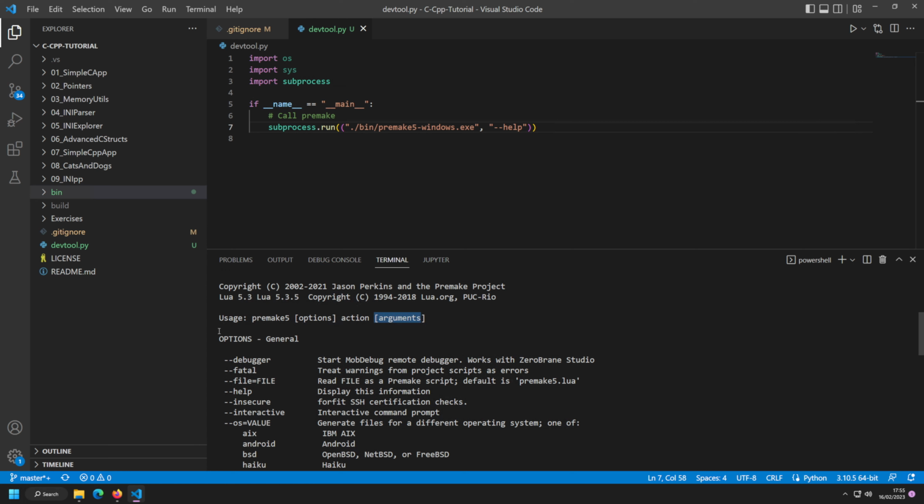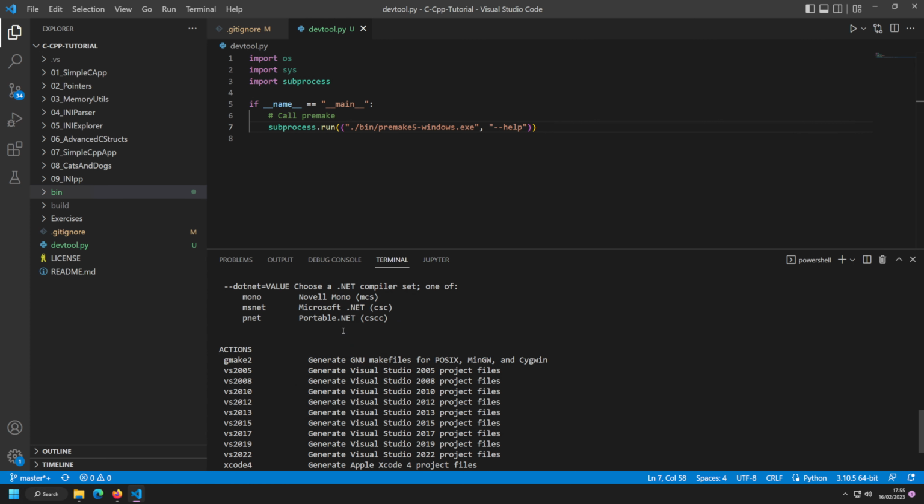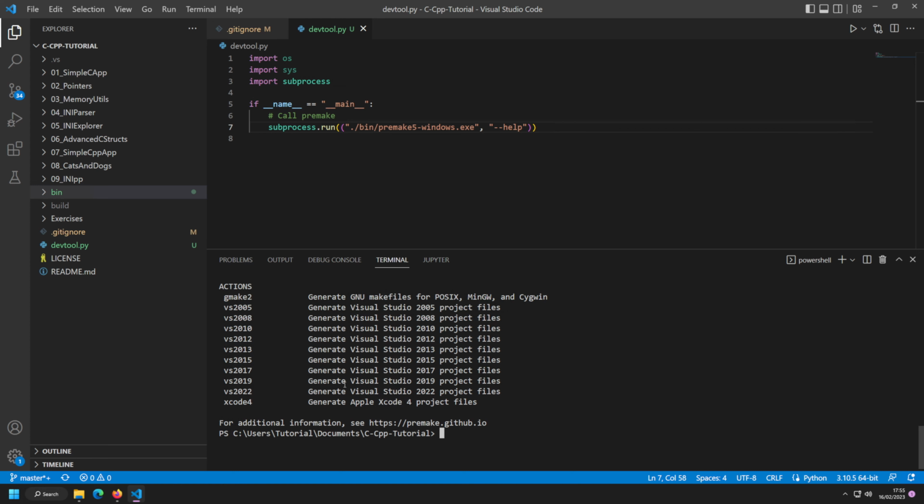So these two are optional. Really the only thing that we need is a premake5 call and an action, and the action is the generators here that are generating the actual projects. In this case, we want to use Visual Studio 2022. So instead of the help, we just supply vs2022, which is going to generate Visual Studio